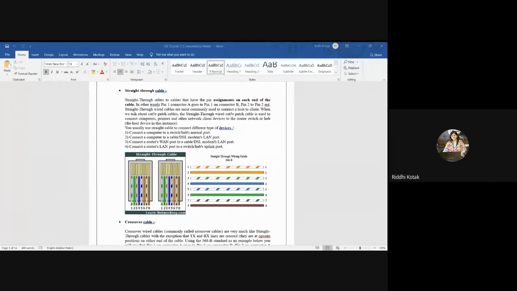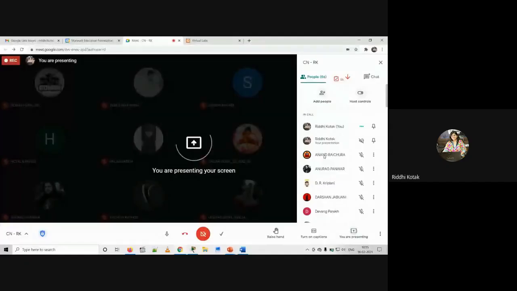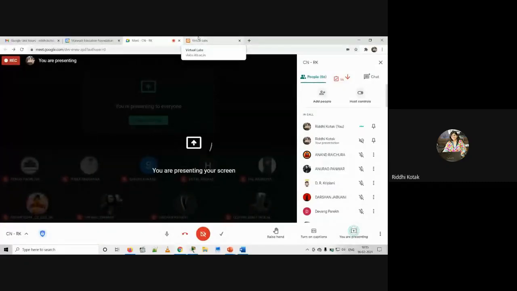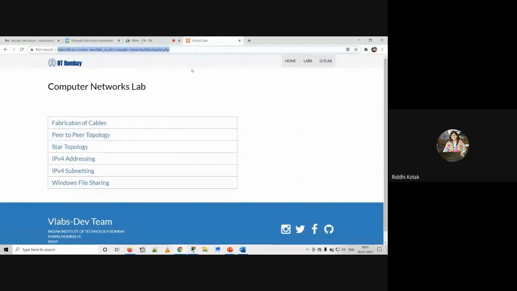Okay, now we will go with that IIT Bombay link. So this GUI will open, right?